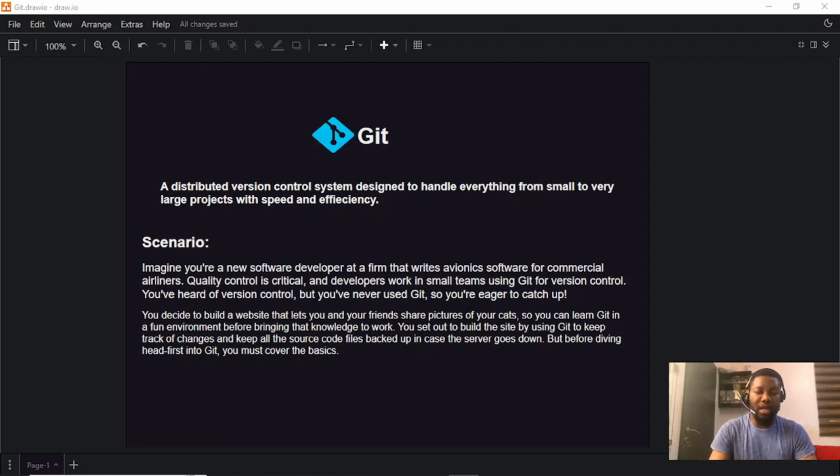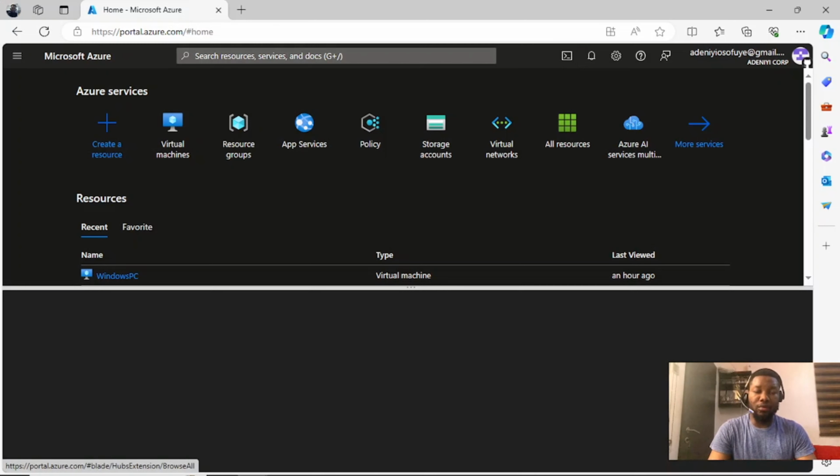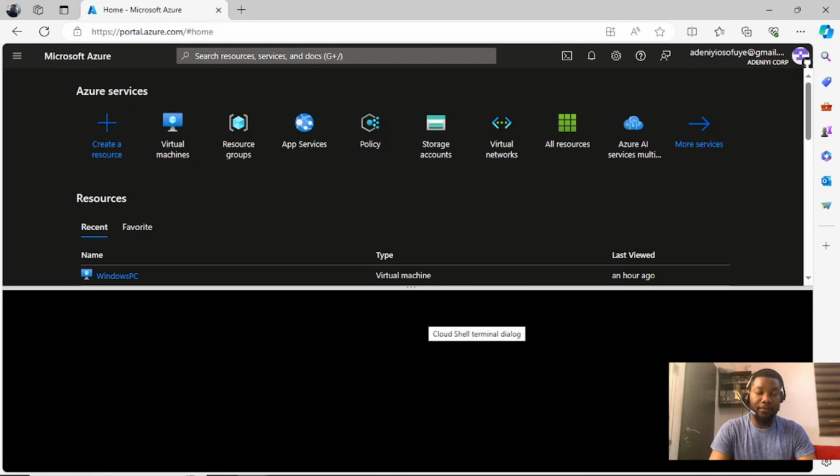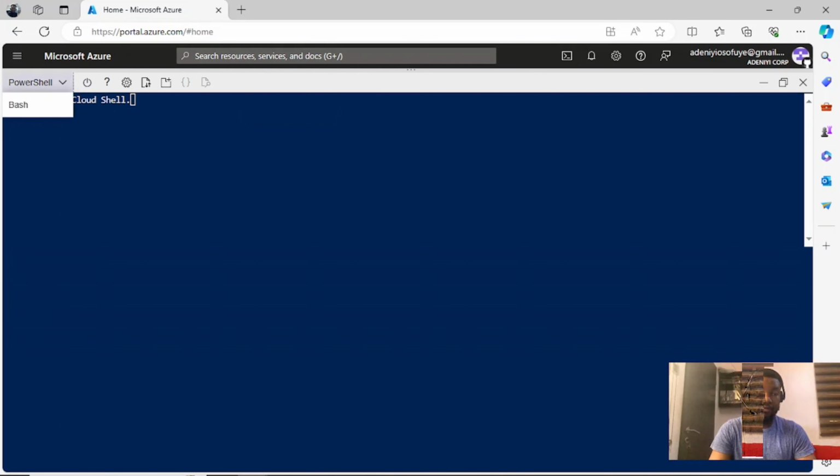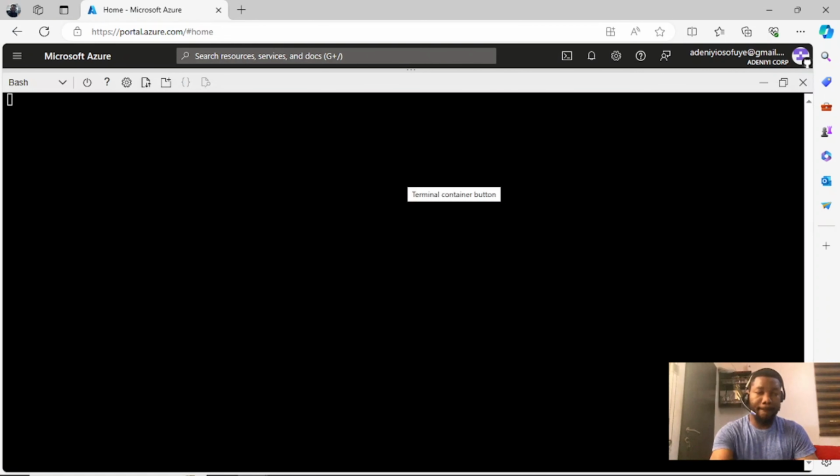So let's quickly move to the Azure platform. We are using the Azure CLI here. I want to be sure that Git is installed on my Azure platform. git version. So I have version 2.33.8. Then I want to set up the git